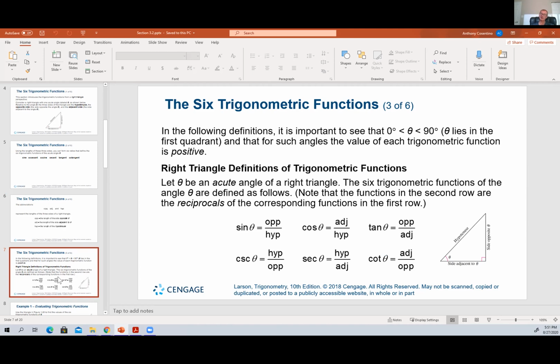And then you could see the other 3, cosecant, secant, and cotangent, which are just flip-flops of one another. So I do want to point out